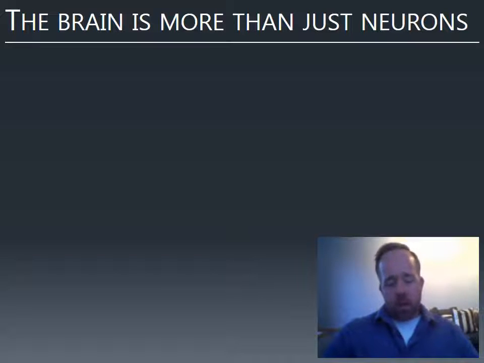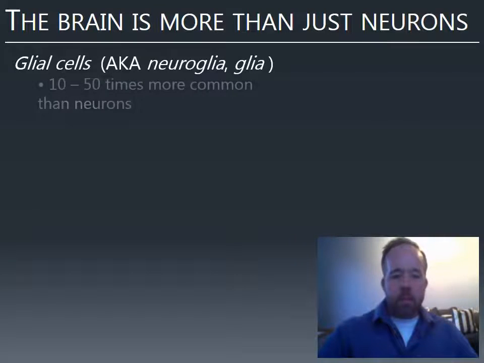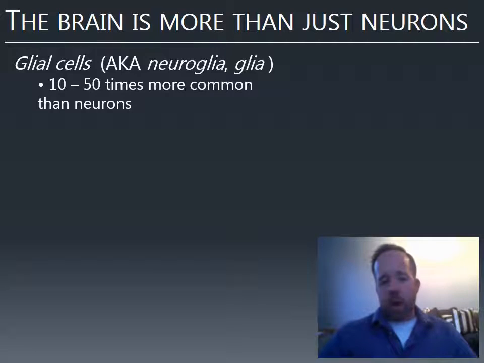First thing, though, the brain is more than just neurons. Neurons are obviously very important. They're what process our information. But the neurons can't get it done alone. So there are special cells called glial cells. They're also called neuroglia or just glia, and they come in several types. And they're actually far more common than neurons are. These are sort of the support system for neurons. And they're not crucial for our discussion for this class. Your book mentions them, so I'll just go over a few of the types, and a couple of them are important.